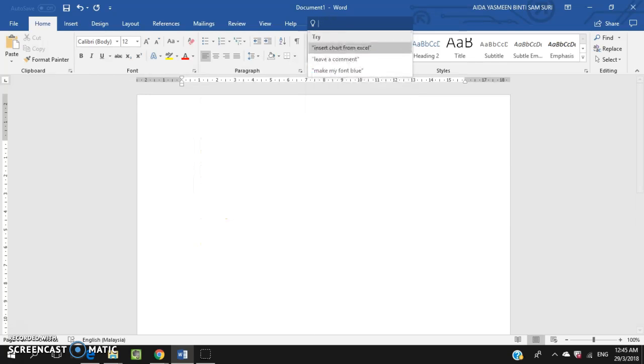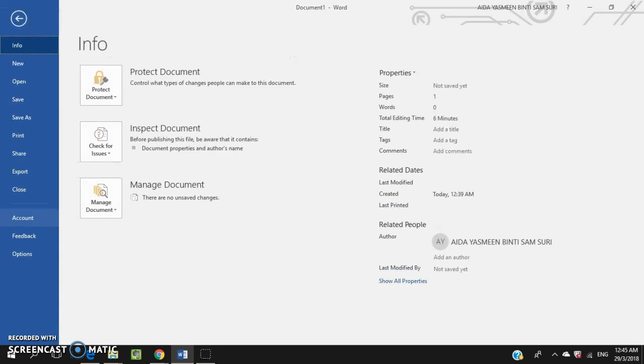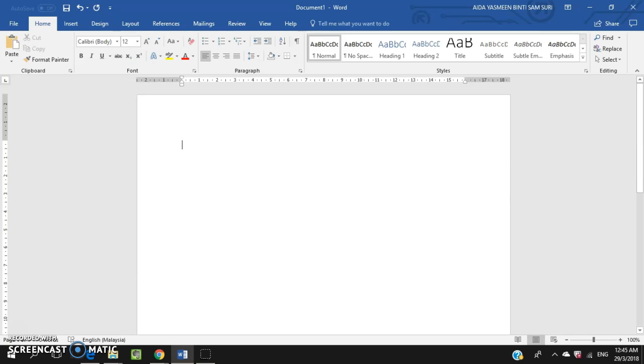Okay, next would be calculation in Word. Calculators and Excel aren't the only places you can do simple calculation. Microsoft Word has a built-in Calculate command. To be able to use this command quickly, you should add it to your Quick Access Toolbar. So you just go to File, then click Options,